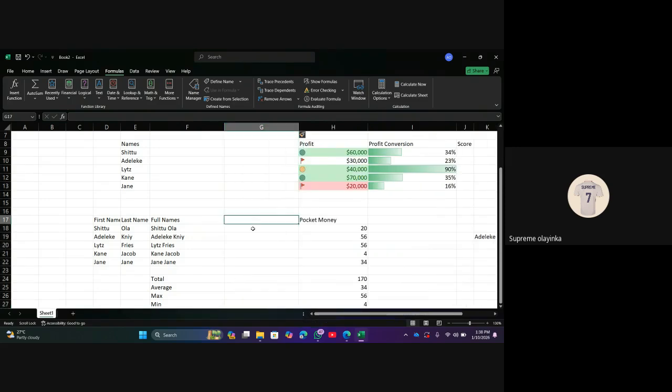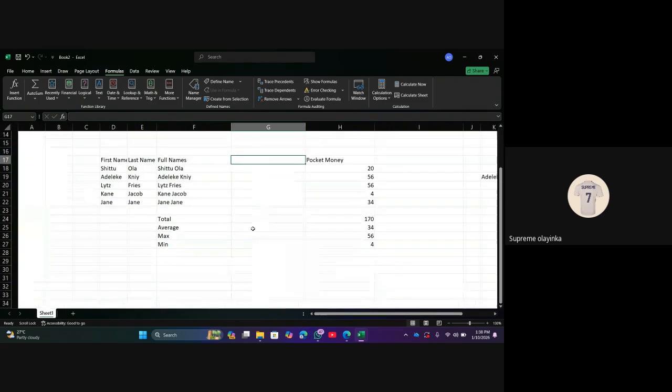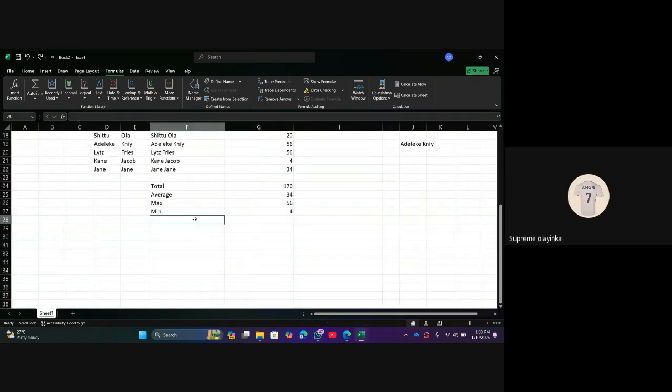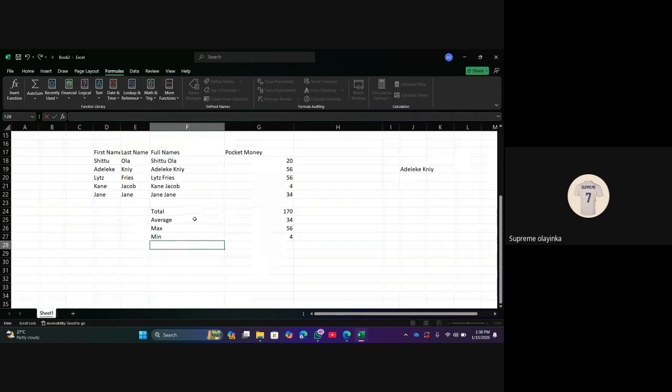So now let me look at another function. Before we move on to this one, let's go back. Switch. So now let's do something. We have counts. I want to count how many pocket money are here. How many pocket money do we have here? So let's do count. What do you reckon